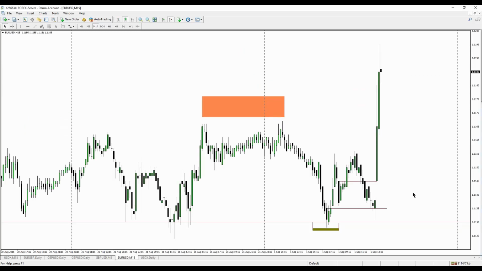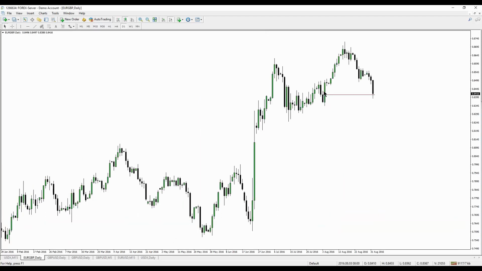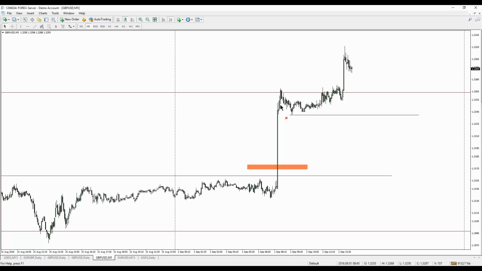But because I was looking at the cable having already exploded up, and we looked at euro pound. Euro pound, I told you it was trading right inside of its bullish order block, right in here. So when it traded into that, my thought process was this. If we're bearish dollar, and cable's already rallied up, and euro pound is in its bullish order block relative to the daily chart, I have probabilities stacking in my favor that euro will have a run up to get back in sync with the run that's already occurred in cable, all this move here.